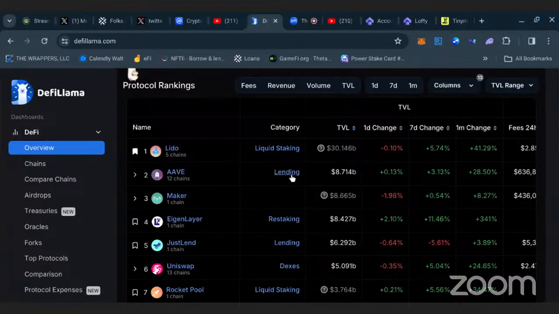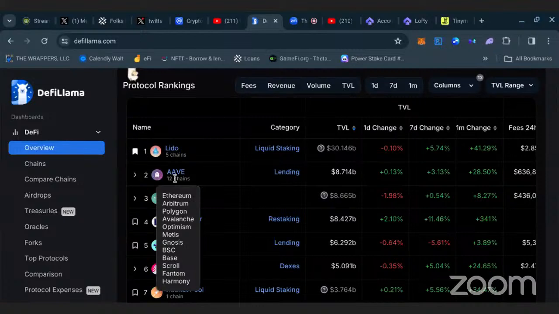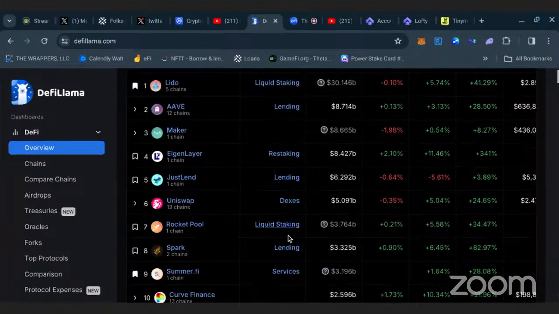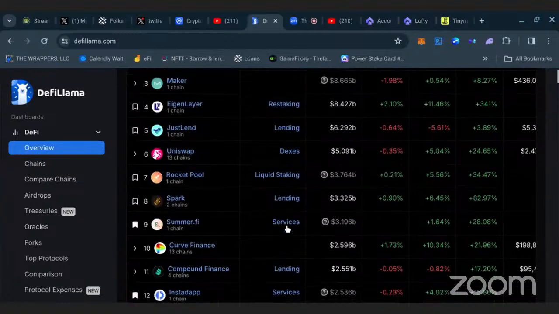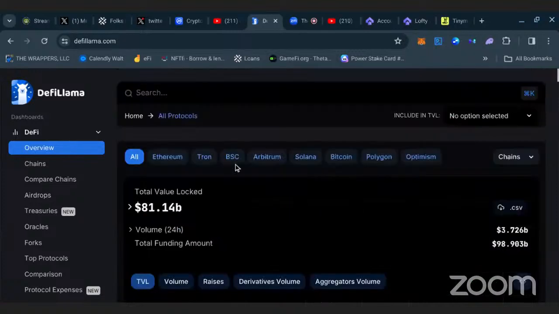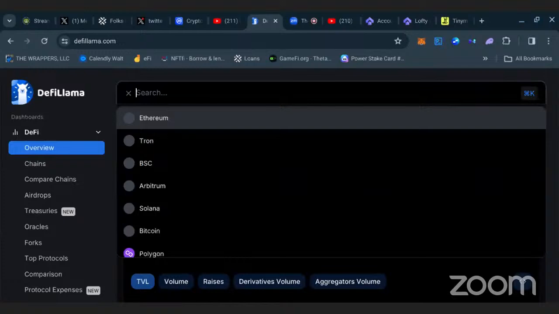Aave is like basically private banking, the biggest private banking platform that exists, let's say, right? And you can use all 12 of these blockchains on Aave. But as you can see, you can't use Algorand. And then there's a lot of other blockchains that you cannot use, which is why there's room for other companies to make protocols, other staking and lending, other DEXs, right? This is one of the things to look at. Every blockchain has its own protocols. We're going to go to Algorand first,